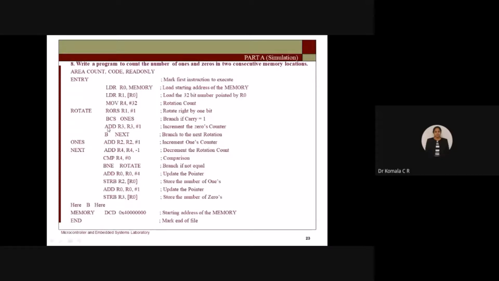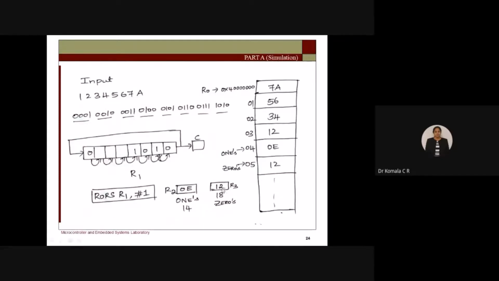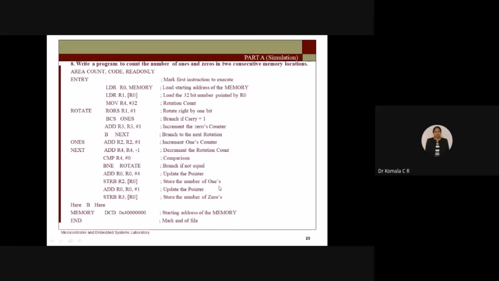So that means what? You need to update which register? R3, because I need to update now. This time 0 is going to be stored in the carry flag. So now you have observed the number of zeros. First time you got 1 here. Later when you go on executing, you will update 1 plus 1 plus 1 and so on. Finally you get the answer as 12, right?